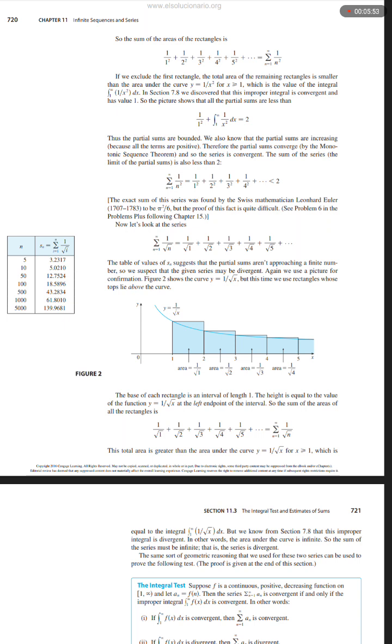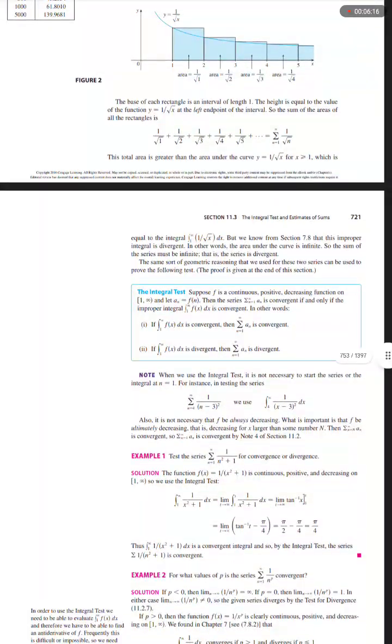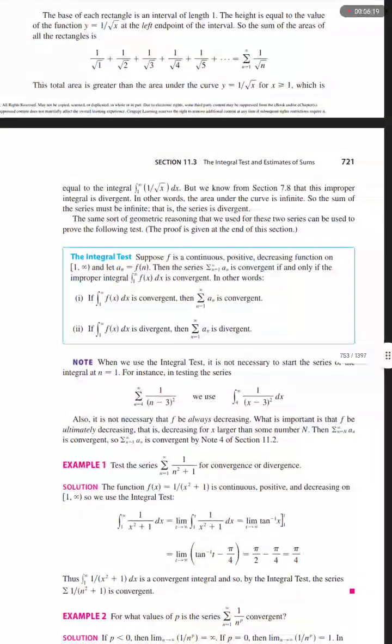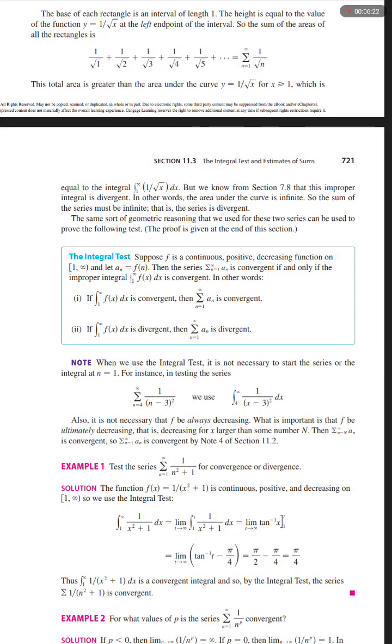of all the rectangles is 1 over the square root of 1 plus 1 over the square root of 2, all the way until you get to the sum from n equals 1 to infinity of 1 over the square root of n. This total area is greater than the area under the curve y equals 1 over the square root of x for x greater than or equal to 1, which is equal to the integral